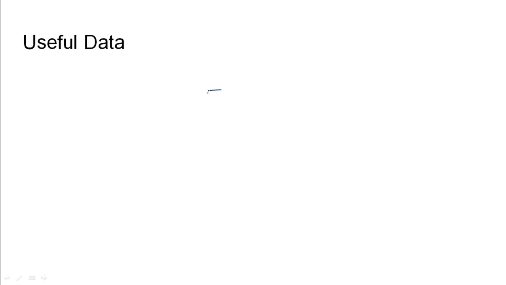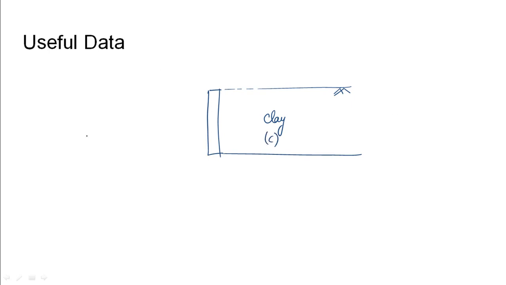If we are given a retaining wall which has a certain kind of soil behind it, let us assume this soil to be clay, which will have a certain cohesion of its own. If we compare this with a soil such as sand, which does not have any cohesion, the active pressure in that case is simply proportional to the unit weight of soil above a certain height, that is given as gamma h, into the proportionality constant Ka, that is also called as the coefficient of active earth pressure.